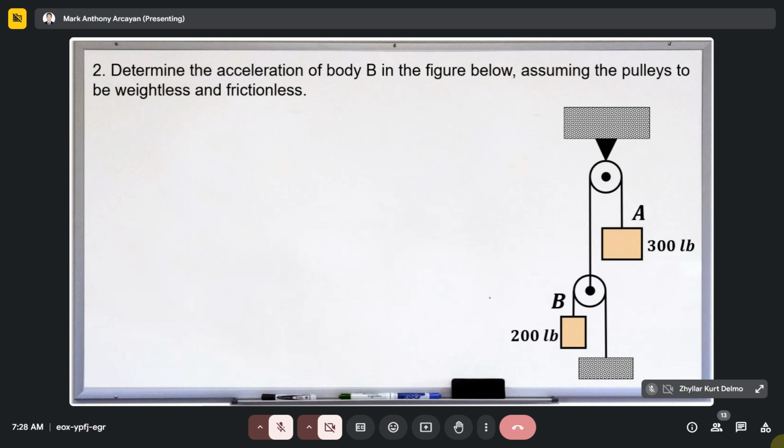That would be for the next slide. No? We're going to relate TA and TB. Kasama sa nato siya i-relate. Well, the only part in our system where we can relate these two is at the lower pulley. No, we're going to create an FBD of the lower pulley.